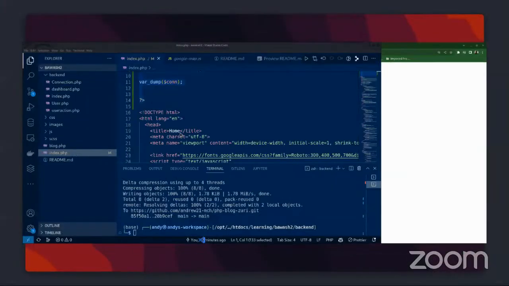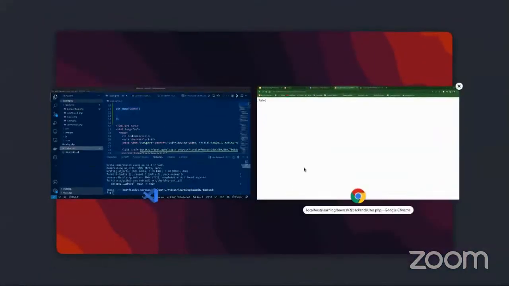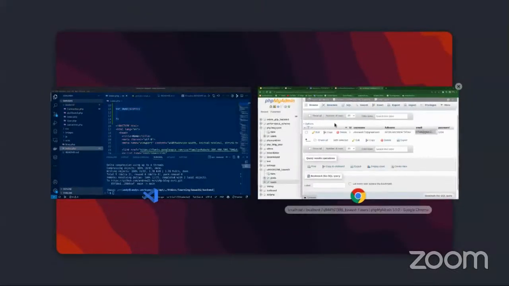Refresh this and we are still having fail. Then it must be our login. Let me just use the right email and password right here. Go back to